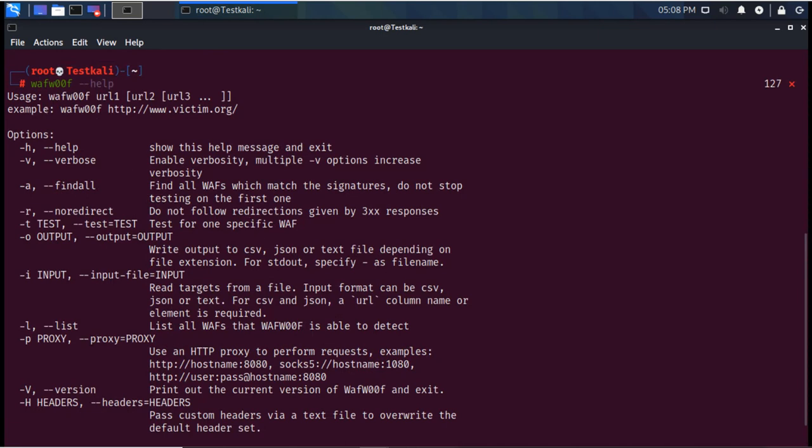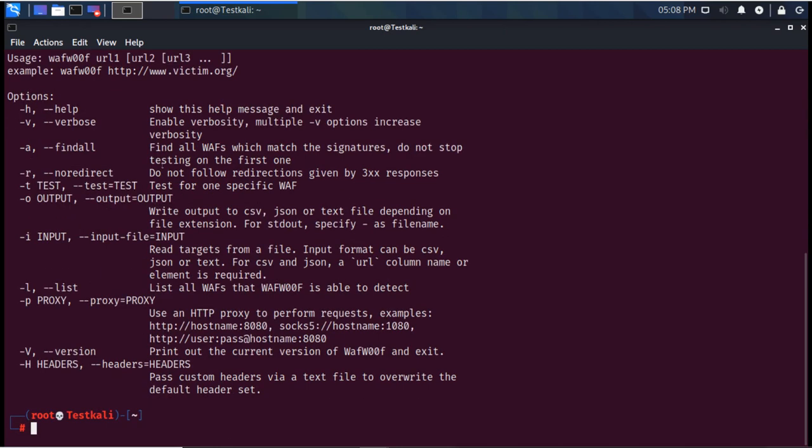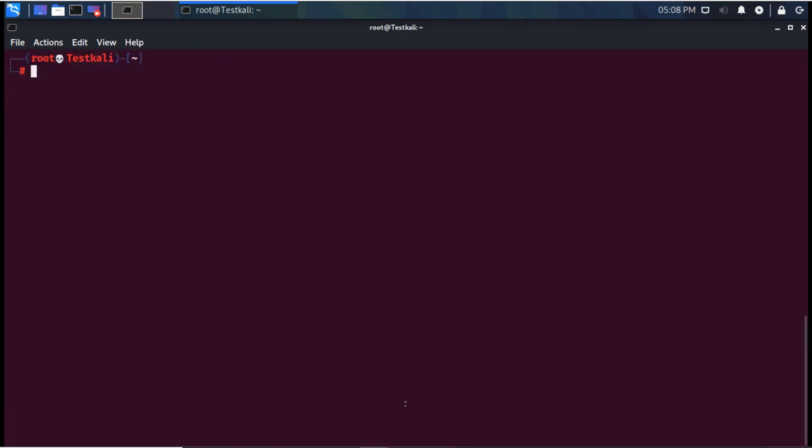So this is a tool available in Kali Linux. It is WAFW00F. It is actually not O, it is actually zero-zero. So W00F, and these are the options we have with this. Now very simple, if we want to do some scanning, we'll use this WAFW00F, and then we'll provide the address. Let's say I want to test google.com.